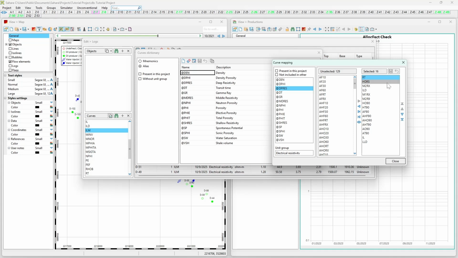in the project that we have, in the LAS files that we have imported, and first try to plot this one. If this is not available, we go to this one. If this is not available, it will go to this one, and so on until the log has been plotted. If none of them are available, obviously Sahara is not going to plot anything